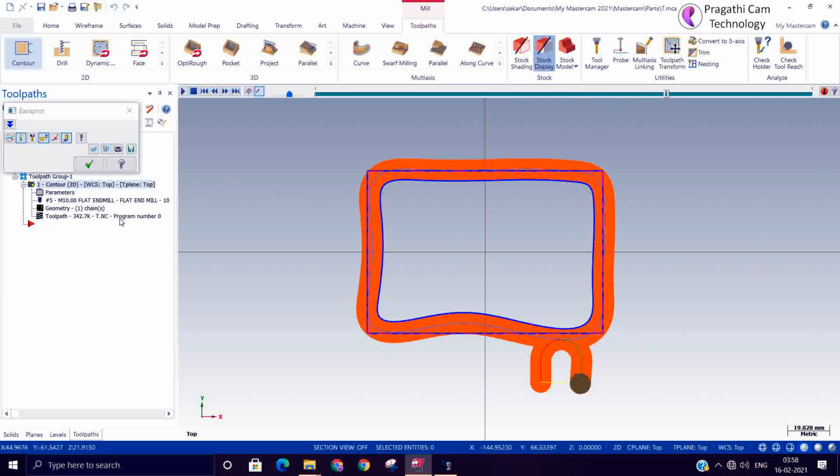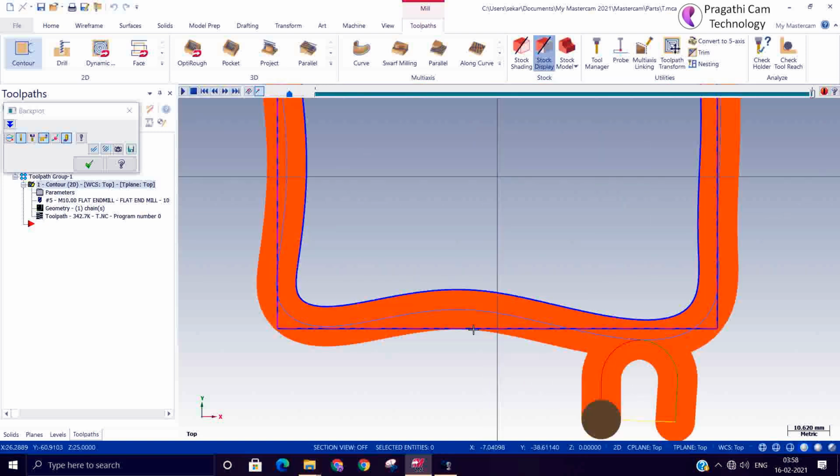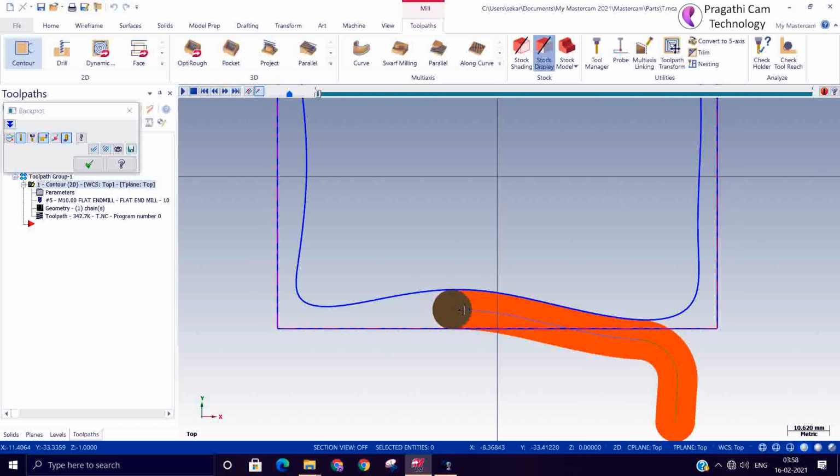If you run this tool like this, the load on the cutter will be more. In some areas the material is high, so the material on the cutter is more. Now you can see the tool is 100% engaged here. At the corner also it is 100% engaged.